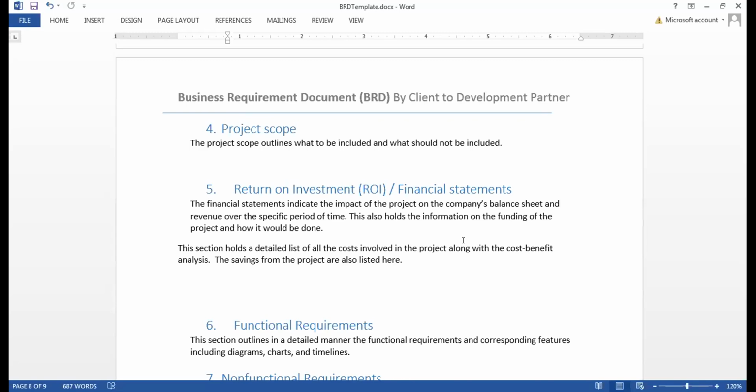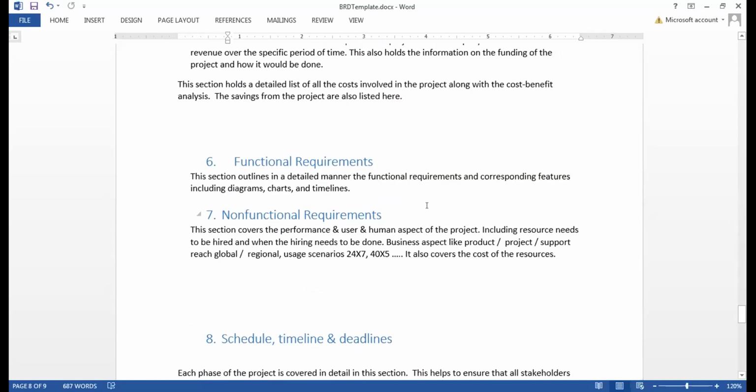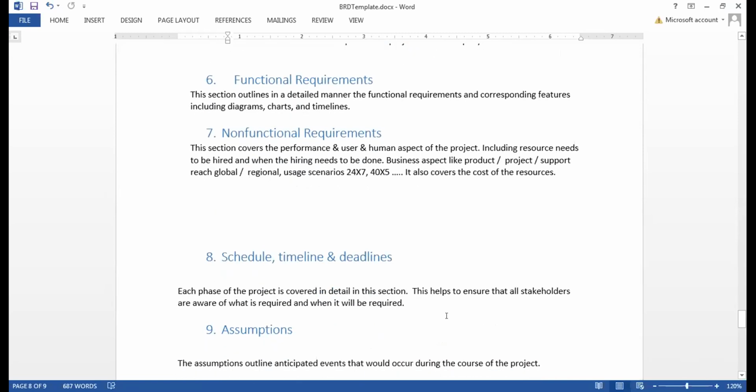And BRD normally comes to us as an analyst. So we are not going to work on this document. This comes to us, right? And there could be something like ROI or financial statement. Functional requirements are few and far between in BRDs, and normally nobody mentions non-functional requirements. And scheduled deadlines are just in one bullet point saying we might need it by mid 2021 or something like that.